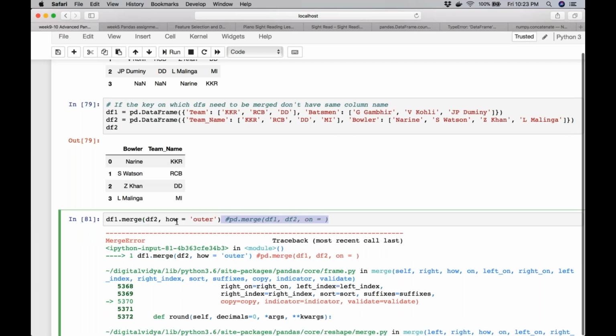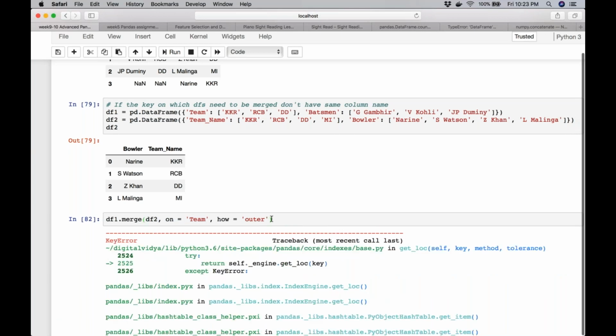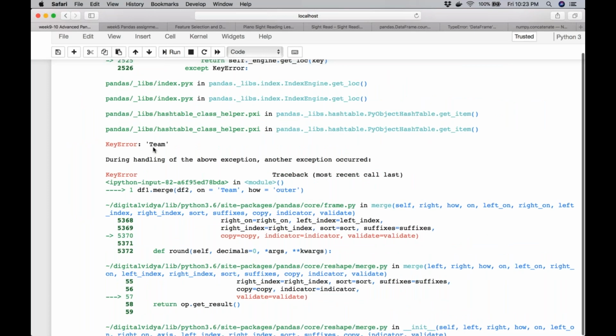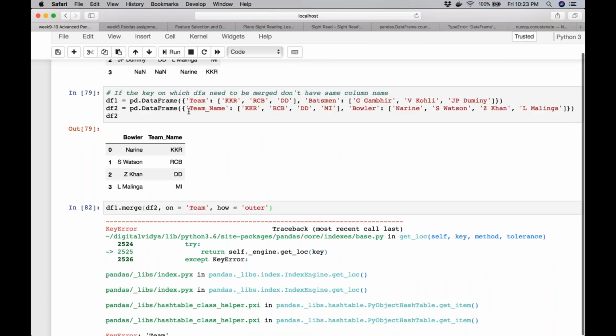My merge code is not working. Can someone tell me why? What is the error message? It's saying the key error team. Anyone?